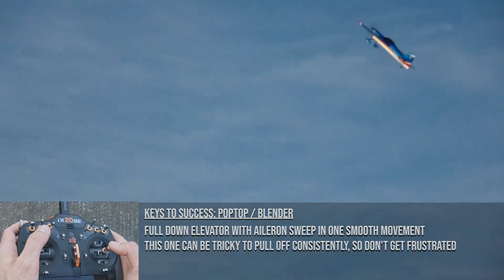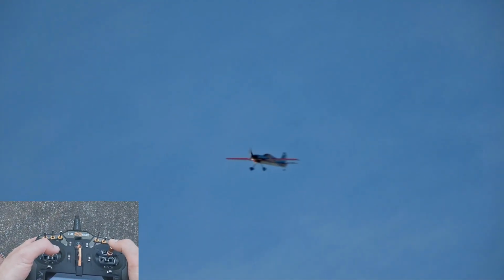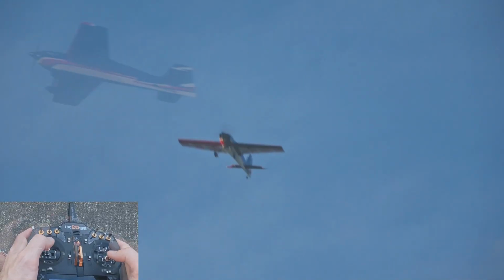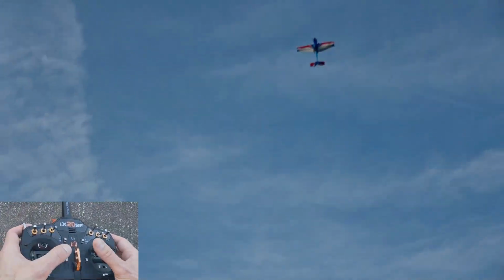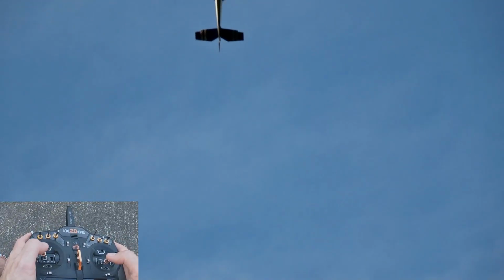The key here is to ensure that you're cutting throttle and using what remains of the inertia to swing the tail around violently. The stick sweep on the ailerons causes the wings to flatten out while it spins. This creates a very impressive dead stop in the sky, which allows you to transition to another move or reposition